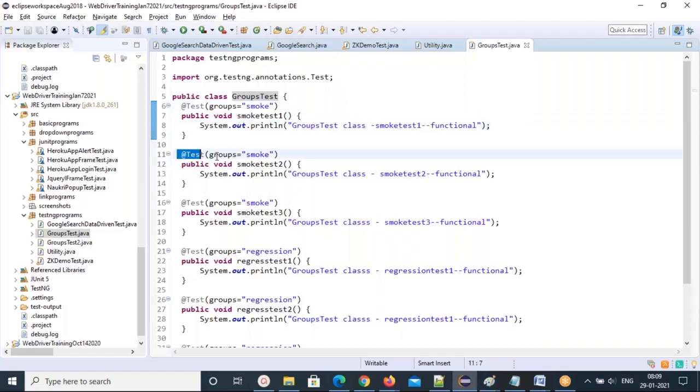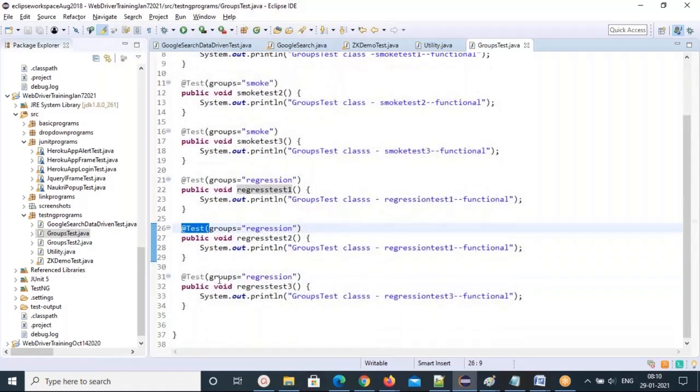Second test, groups equal to smoke. Third test, groups equal to smoke. Fourth test, groups equal to regression, the regression test one. At the rate Test, groups equal to regression, and again regression. So a few test methods are categorized into the regression group, and a few test methods are categorized into the smoke category.